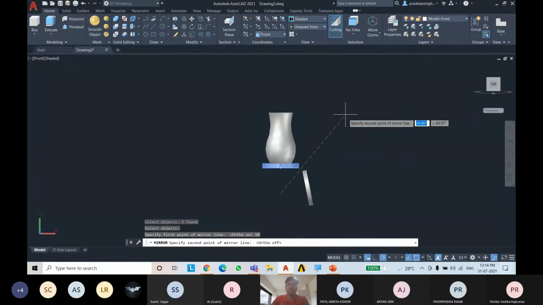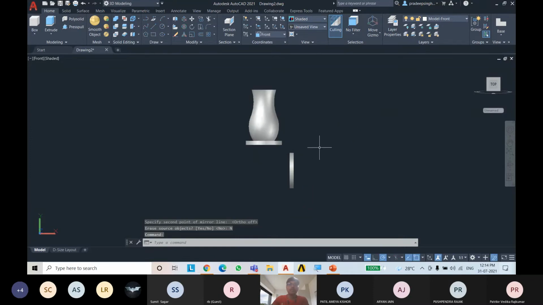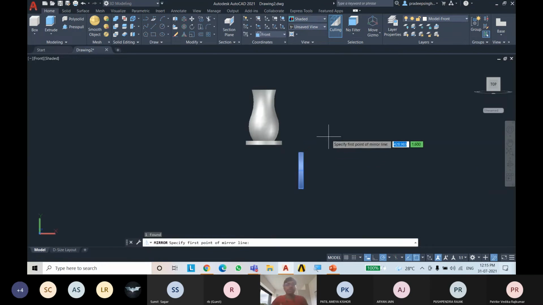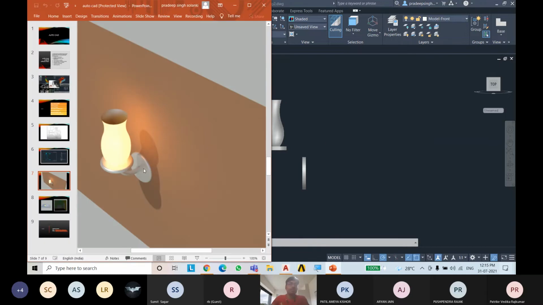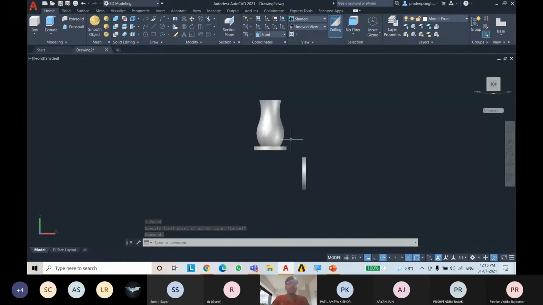You can preview that. So we want it at 45. So click OK, press no. So you can see that it is made here. Just select this. You can use this to move it a little bit back and press enter. And now we need to make this connecting rod. So we will be making this.